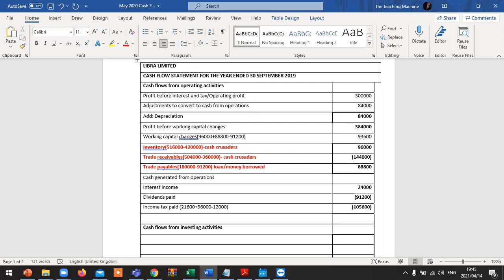No brackets. I think no brackets, because 96 and 88 is already a higher amount than the 91,200. Oh, perfect. Now, how do we calculate cash generated from operations? The answer that you just got, 93,600,